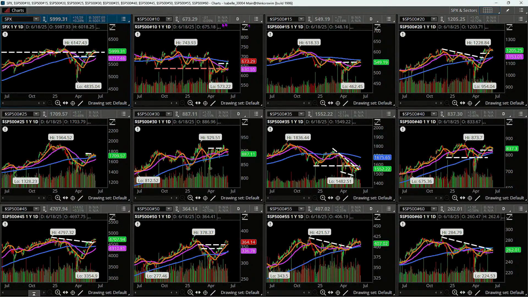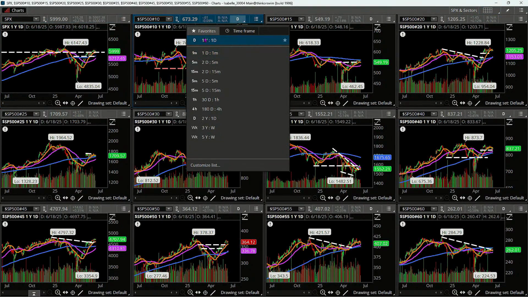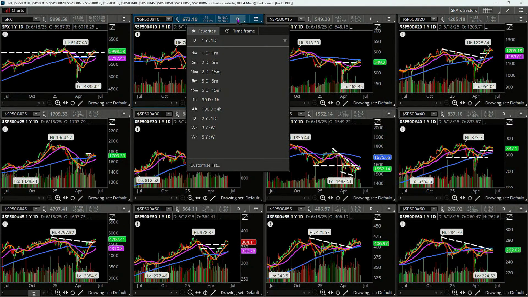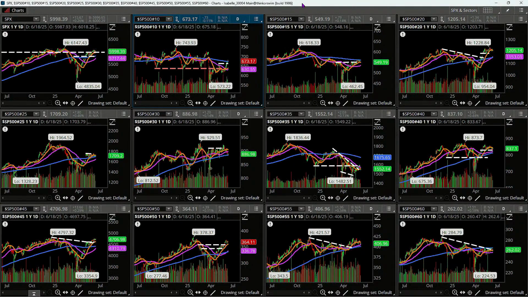Here, it's true when I look at my drop down as being 1 year, 1 day. If I was looking at this on a consistent basis, it might make more sense for each of these to be maybe a 3-month period or something like that, because you want to see the near-term trend. But in some cases, you might just be looking for this longer run viewpoint. Maybe the daily chart's not important. Maybe it's a weekly chart that you want to be monitoring because you track the market week to week and month to month, and you don't concern yourself with day-to-day market movements.